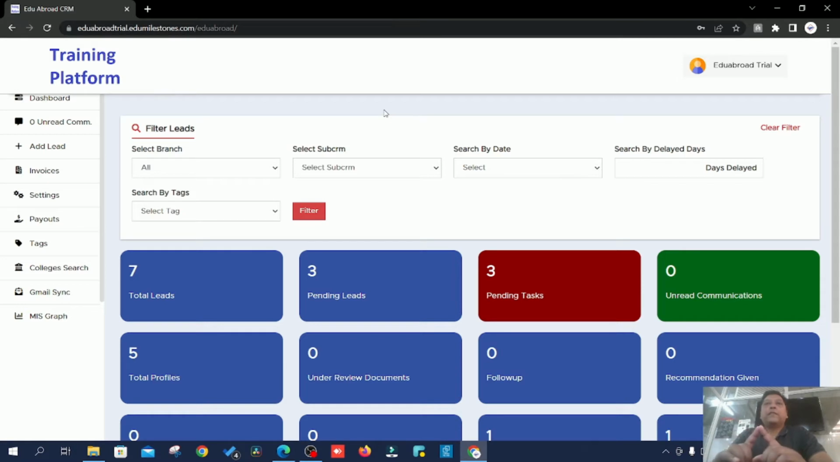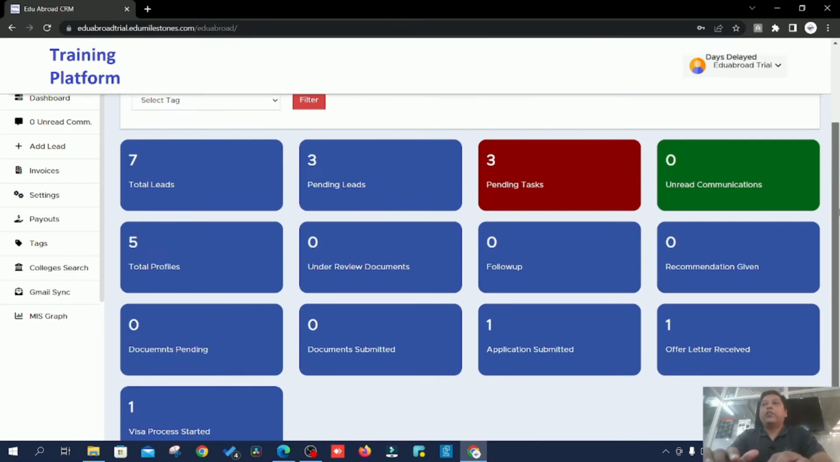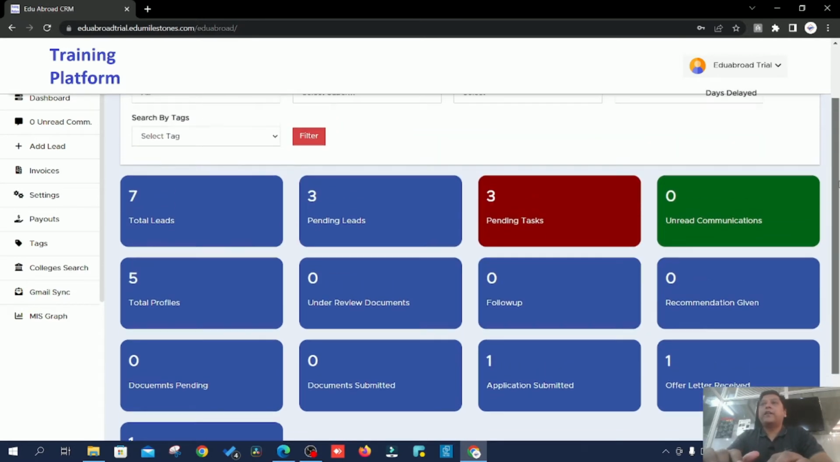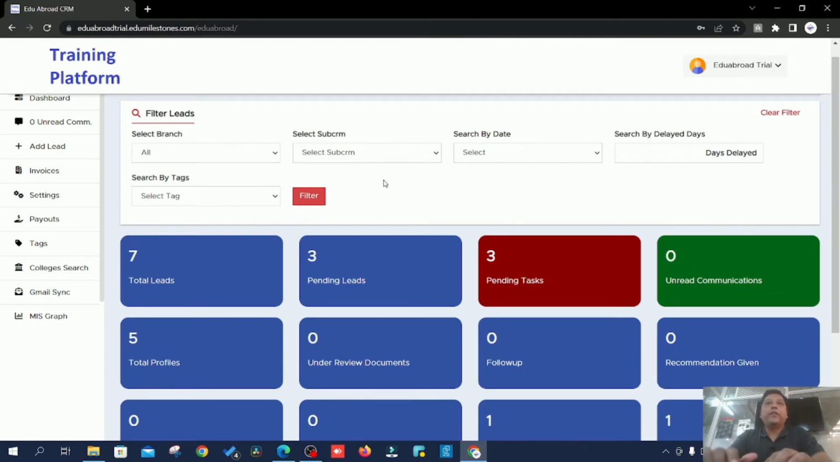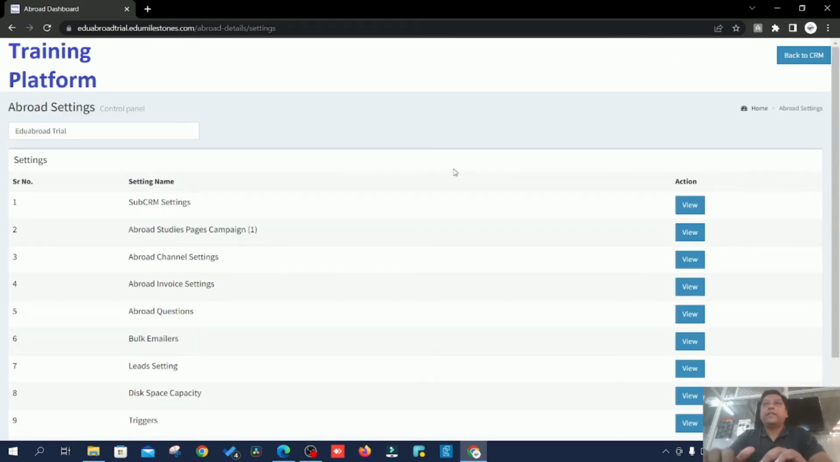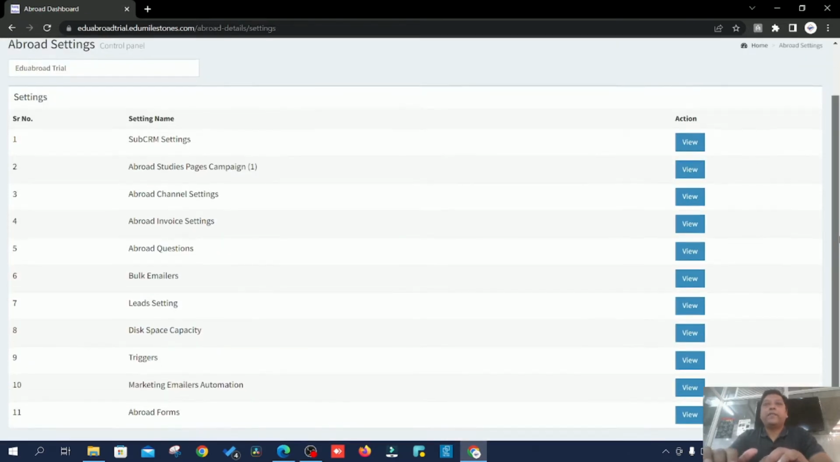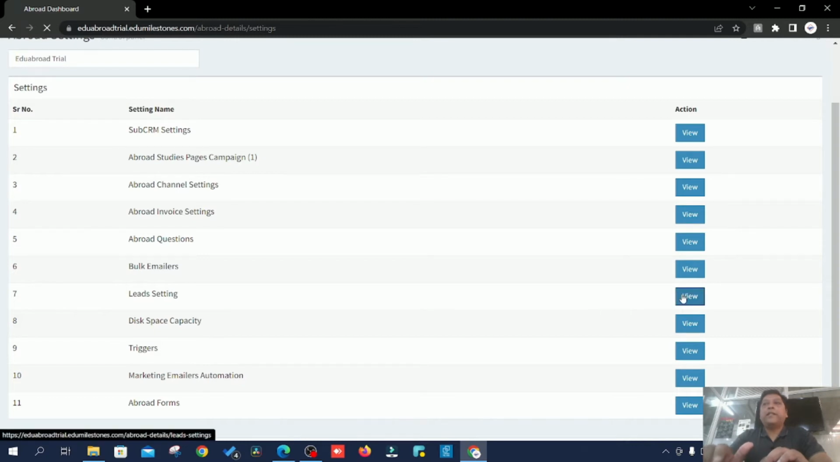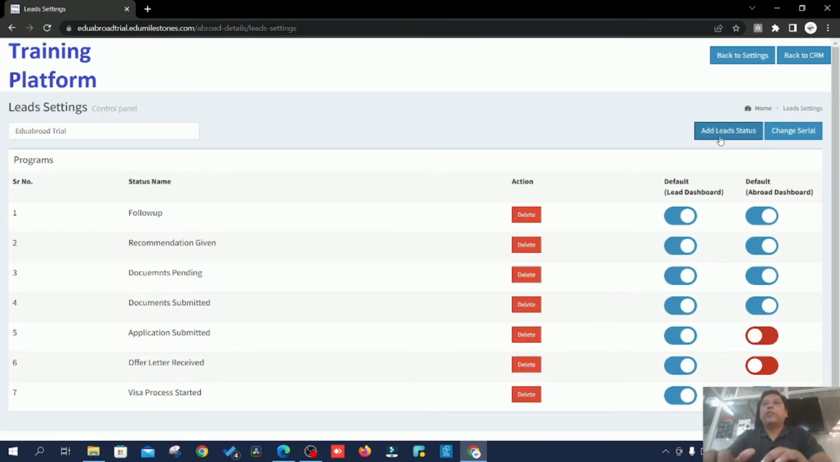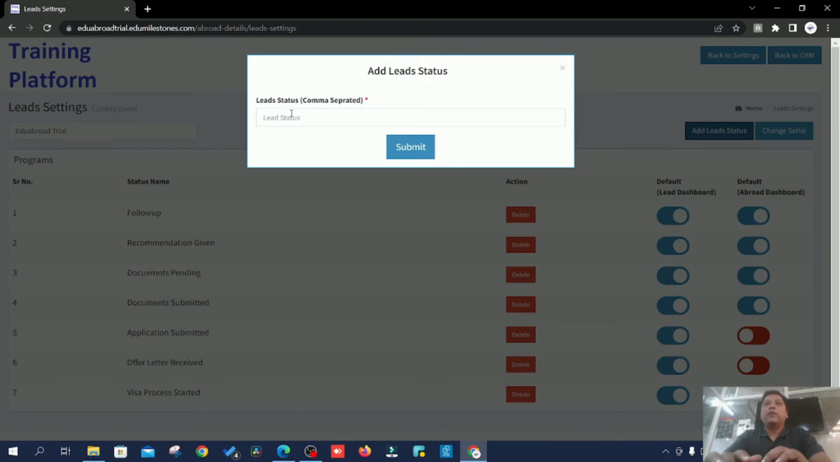So the first step of this CRM is you need to define your process, right? Once you define the process, it will show you the critical factors in your dashboard, how it needs to be done. You need to go to the settings and under settings, it will ask for the lead settings. Now under lead settings, one time what you need to do is define your entire process. From the time a lead is coming and whatever process your leads are following, the entire process you need to sketch over here, like